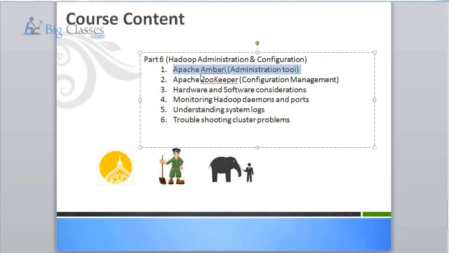Before Ambari, earlier people had to follow a lot of procedure, right from the OS level to deploying the Hadoop packages. But with this thing,